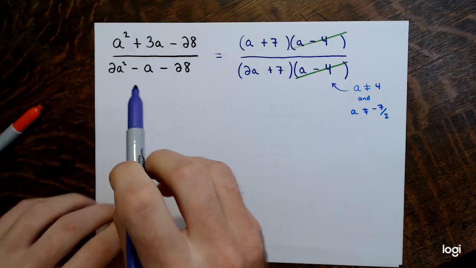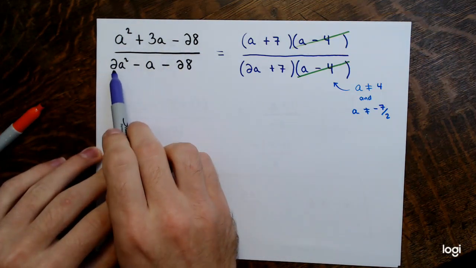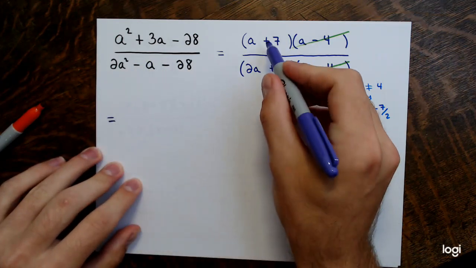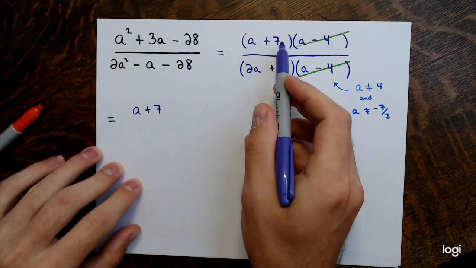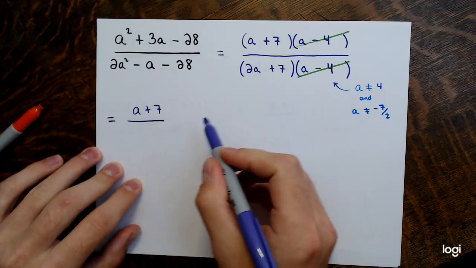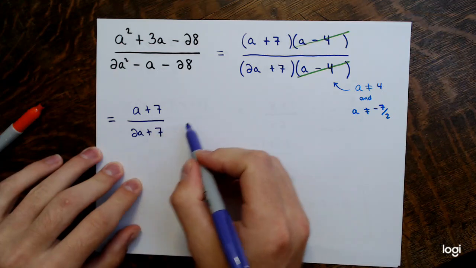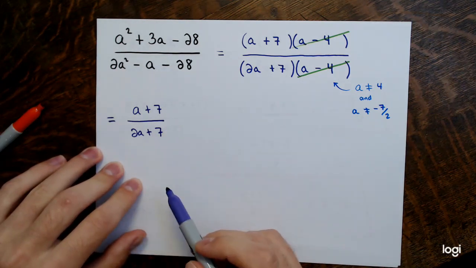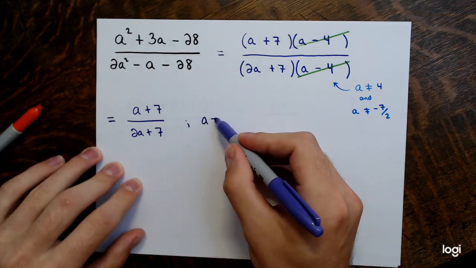So a squared plus 3a minus 28 divided by 2a squared minus a minus 28 is equal to a plus 7, and since it's the only factor left, no need for parentheses around it, divided by 2a plus 7. Again, it's the only factor left in the denominator, so I'm not going to put parentheses around it. It wouldn't be wrong to put parentheses around it, it's just unnecessary. As long as a is not 4